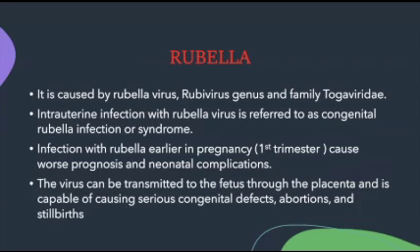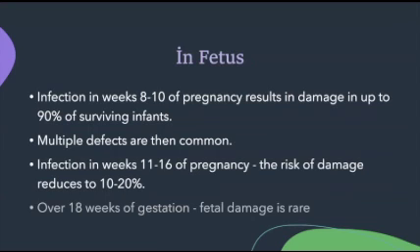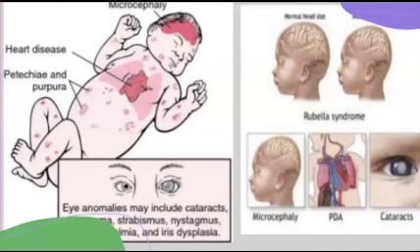The virus can be transmitted to the fetus through the placenta and is capable of causing serious congenital defects, abortions, and stillbirths. Infections in weeks 8 to 10 of pregnancy result in damage in up to 90% of surviving infants. Multiple defects are common. With infections in weeks 11-16 of pregnancy, the risk of damage is reduced to 10 to 20%. Over 18 weeks of gestation, fetal damage is rare. So you can see here,